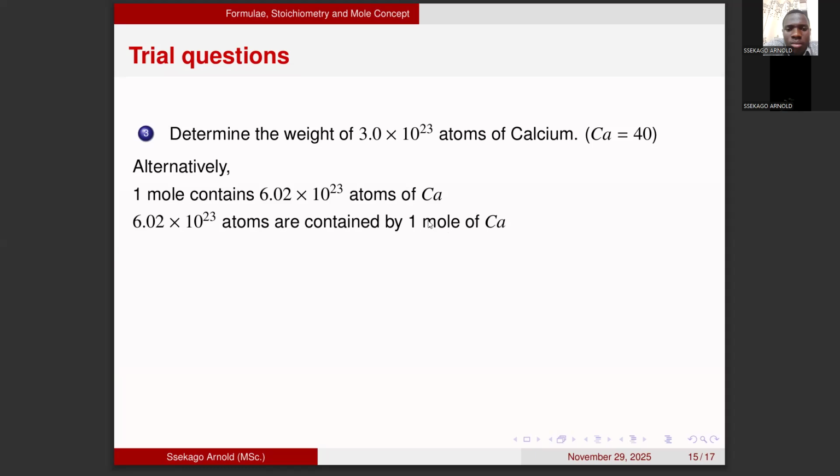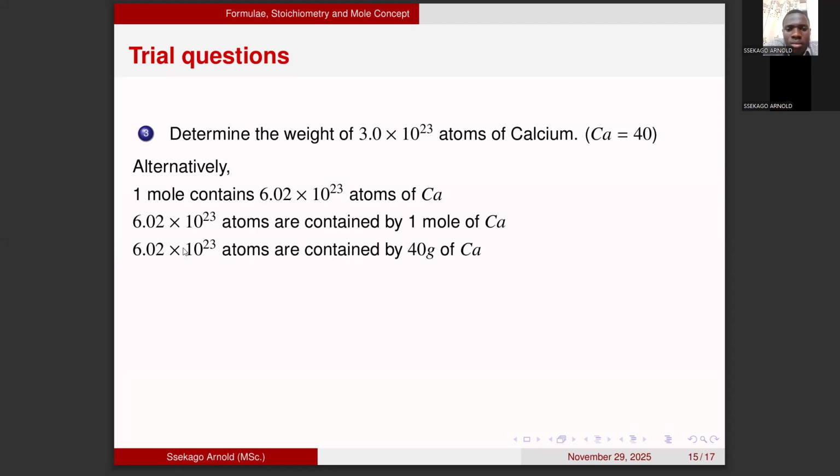And recall that 1 mole, from the mind map, is the same as molar mass. So where I have 1 mole, I'm going to substitute molar mass for calcium, which is 40. Therefore, we shall say 6.02 times 10 power 23 atoms are contained by 40 grams. So if these atoms are contained by 40 grams, what of one atom? Recall, the other time I said that